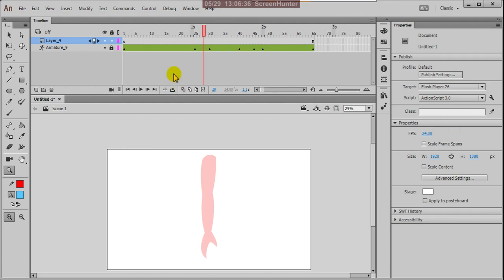Actually Flash has very few tools. Animate CC has only a few tools, but the thing is we have to animate characters here, and we have to animate your ideas and concepts.